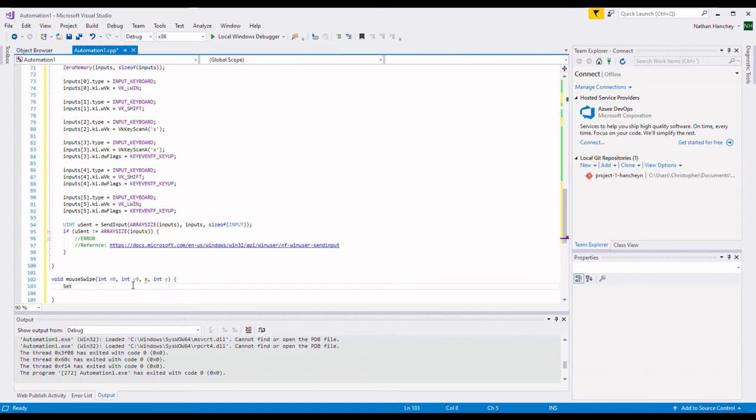And let's say set cursor position x and y not. So that will set where the cursor starts, if I spelled it right, which I didn't again. Okay. And then I'm just going to have a little sleep here. Okay. And then